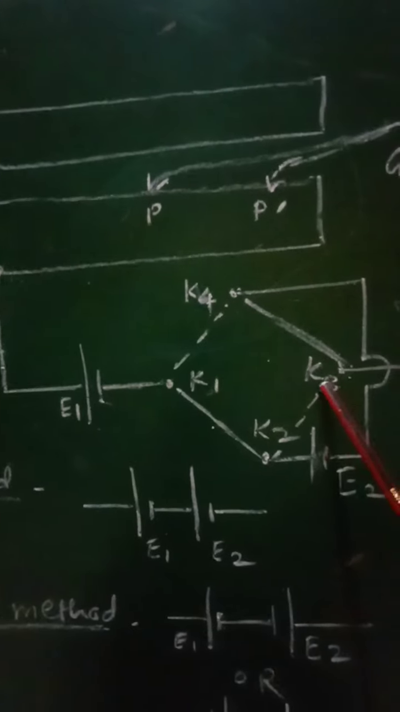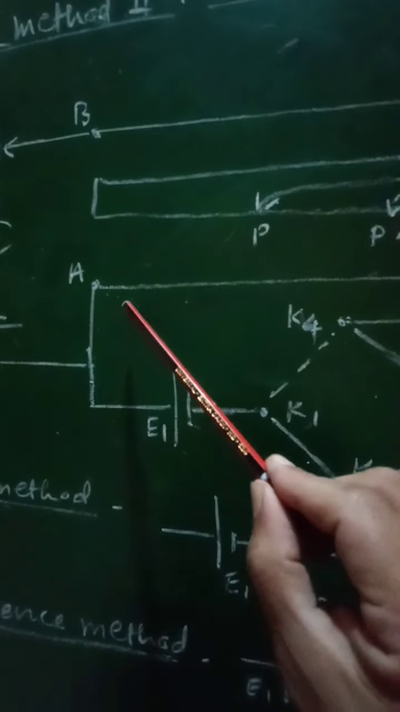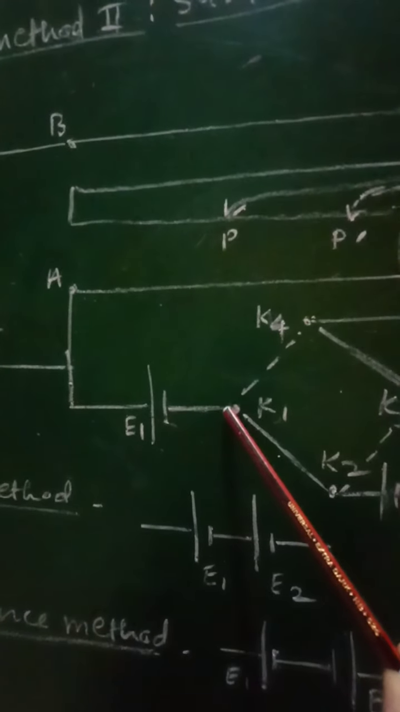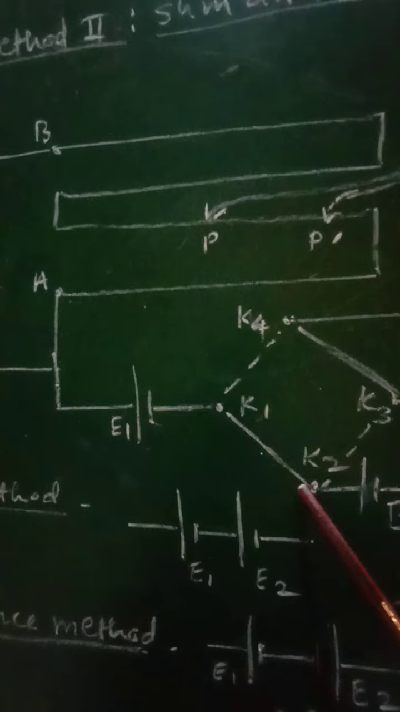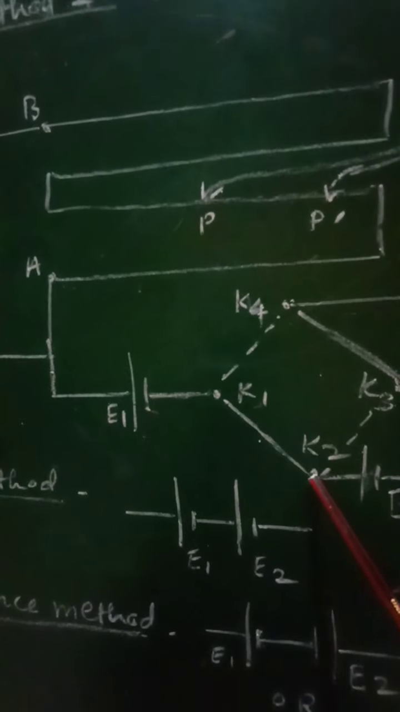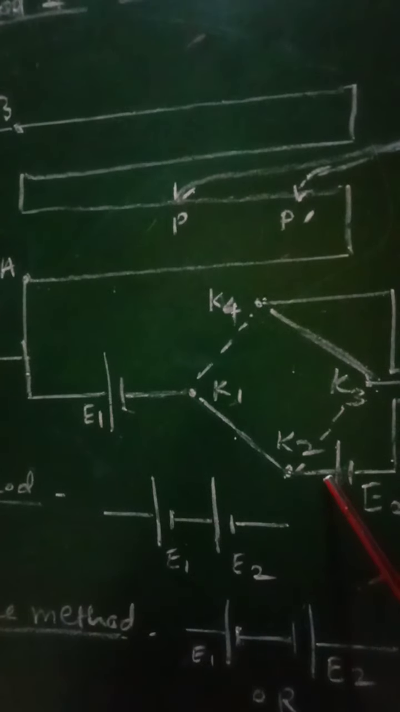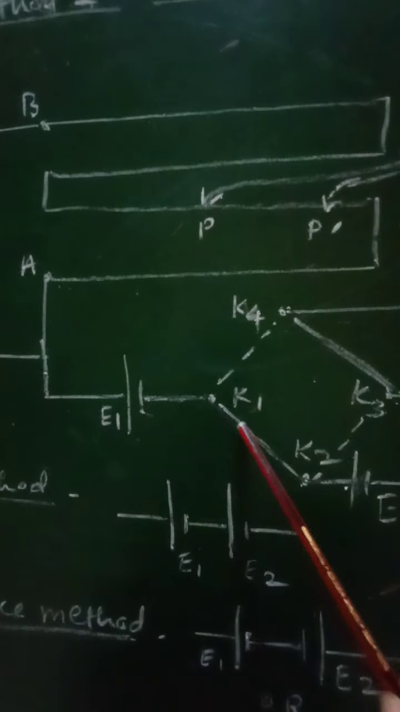Now first of all, keys K1 and K3 will be closed, keeping K2 and K4 open. Therefore these two sides will only conduct the current, and the current from this terminal A will enter into cell E1. Through cell E1 it will pass along this path, from K1 to K2, and then that current will enter into cell E2. So current is flowing from the negative terminal of E1 to the positive terminal of E2 here, and when the current is flowing like this,